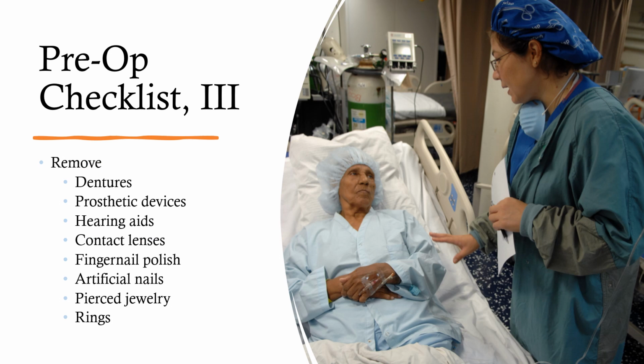Some more on the pre-op checklist. Okay, so we want to remove all the devices we have listed here: dentures, prosthetics, hearing aids, contact lenses, fingernail polish, artificial nails, jewelry, and rings. Now, electrocautery may be used to control bleeding and increase wound healing. What that is, that's like a little laser type device that cauterizes the vessels, that keeps them from bleeding, and like I said, it can help with the wound healing. It provides blood flow to those areas,